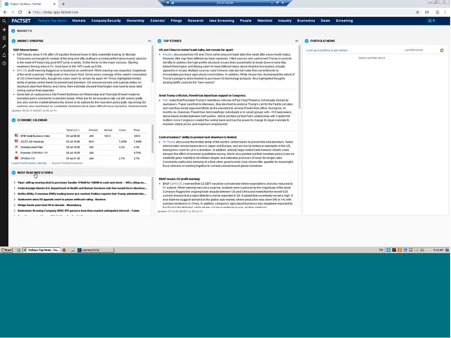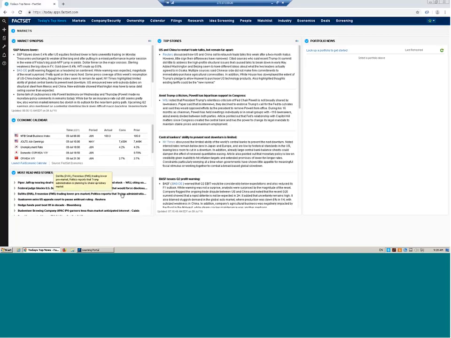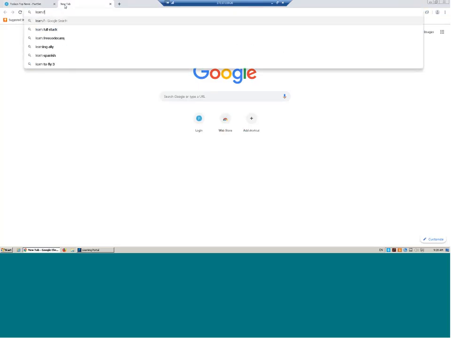In the web version, it looks very similar to our installed version, with these tabs along the top. Basically, you can click into different tabs and find different types of information. One of the differences between web and installed is that in the installed version, the Learning Portal is the first tab, and that's where you can find the e-learnings and all the resources. In the web version, that isn't a tab. It's actually a different website,